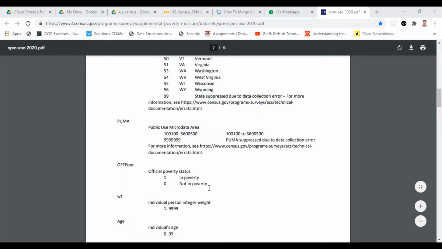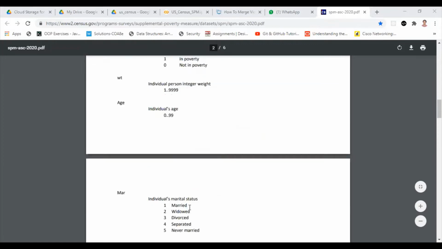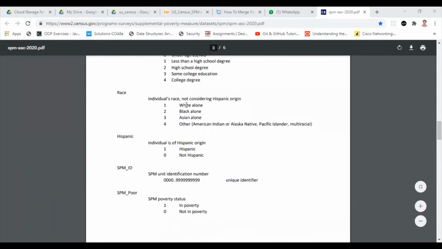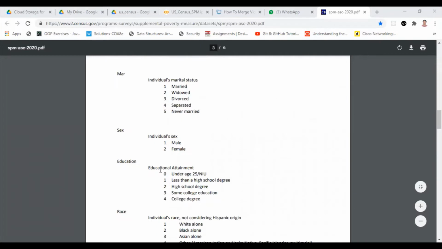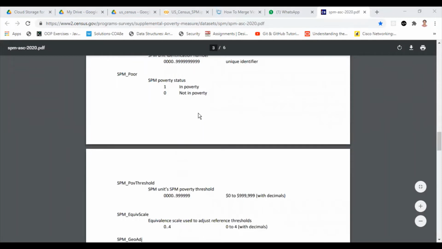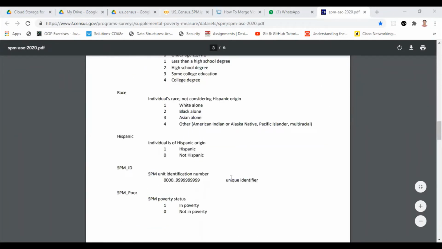1 means poor and 0 means not poor, and this is decided only based on income, and then weight, age, and marital status, which can take the values of 1, 2, 3, 4, 5, indicating married, widowed, divorced, separated, never married, and then gender, which is either male or female, and then education, which can take various values like 0, 1, 2, 3, 4, depending upon the education levels of an individual, and then race, which is white, black, Asian, or others, and then SPM ID, which indicates the SPM unit identification number of an individual, and then SPM poor,